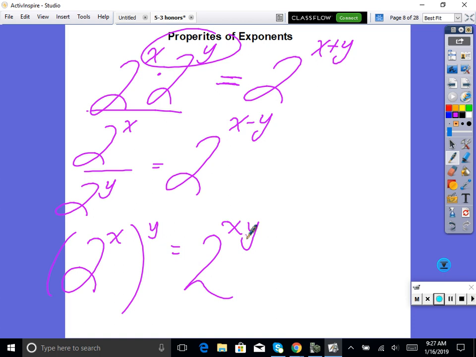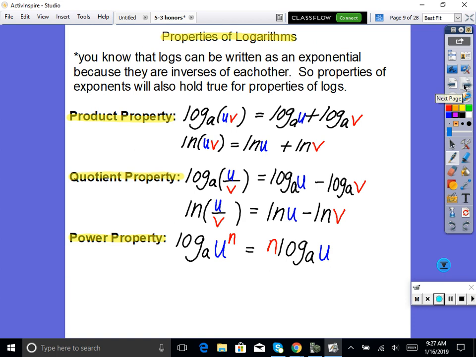Okay, good. If you know those three properties, you already know your properties of logarithms. Since they're inverses, they go hand in hand. So start writing these down right here. The product, quotient, and power property, these are the only three properties you have to know. They're actually really straightforward. Like we flew through this first hour. Write them down and then we'll talk about them. So as you're writing them down,